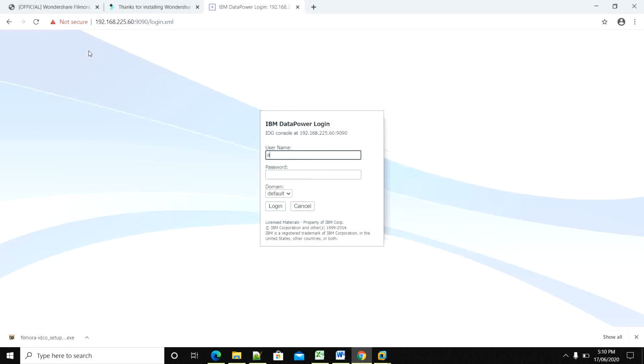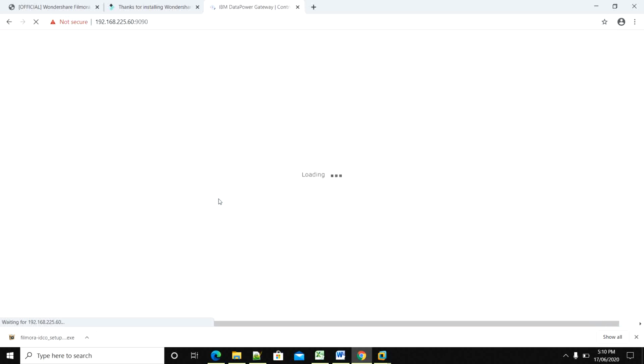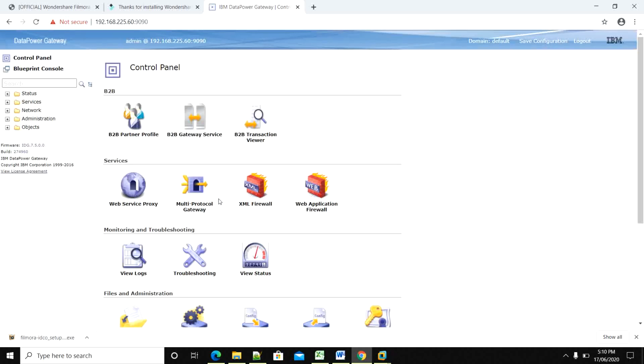Yes, so now we need to log in again. Admin, admin@123, we'll log in. Yes, so this is the control panel of DataPower.